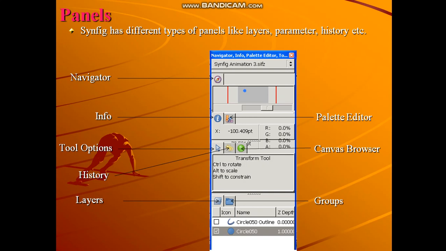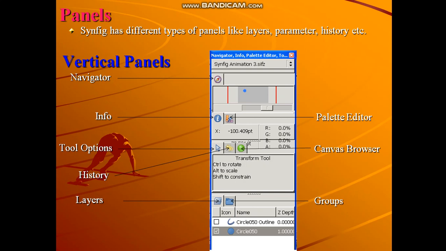Remember, here the info panel and palette editor panel both occupy a single space. Both these panels are situated in the same space. In the same way, the tool options panel, history panel and canvas browser, these three panels share the same space.